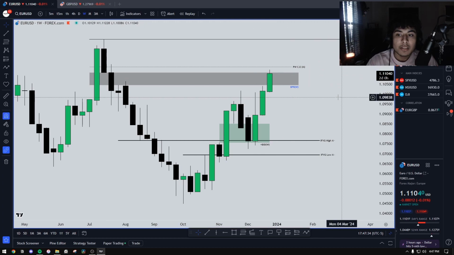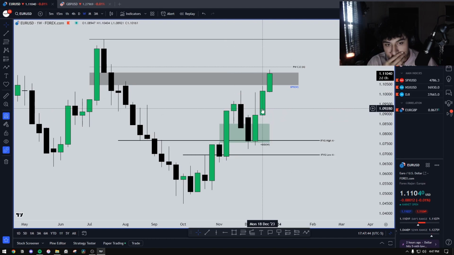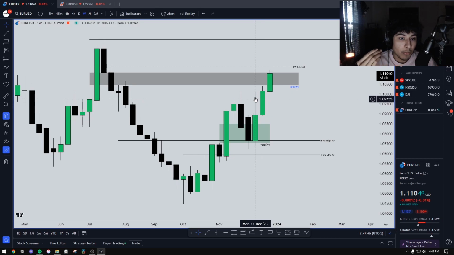We're inside the balanced price range, we are still inside of it. I want to see how this weekly candle closes. I think it's very important, but here we had this volume imbalance, filled it up. It's not really as important to me. I think this would be more important in this wick, since it is the most recent one inside this price range, not right here, just because this one is very long and it's inside this 3 candle formation.